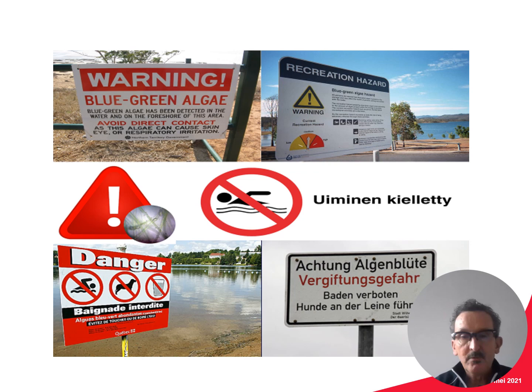Moving from food to recreation, here you can see warning signs that you may have seen at your local lake in your own language. You can see from the languages that these problems occur worldwide. Water managers are aware of this, and they use different means to communicate the risks, be it in permanent signs or in signs like on the top right that actually vary depending on the conditions at that time. The arrow may indicate if you move from low to moderate to high risk and so on. But it's a common problem.